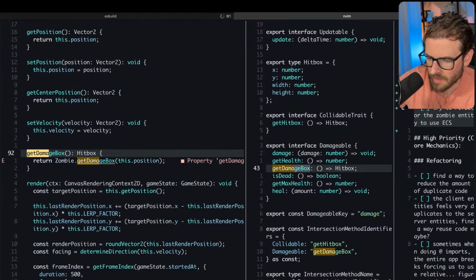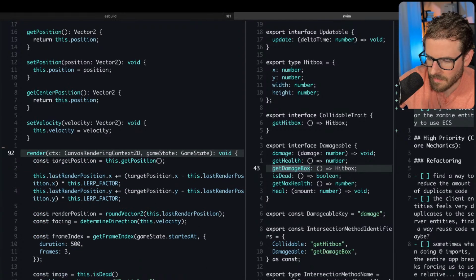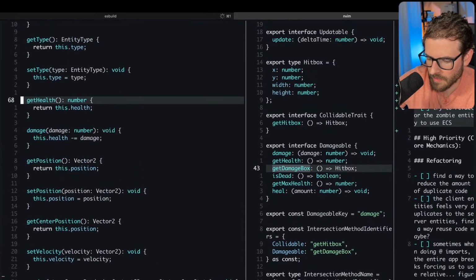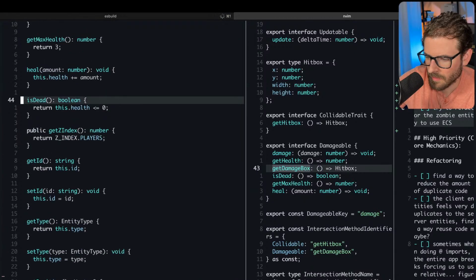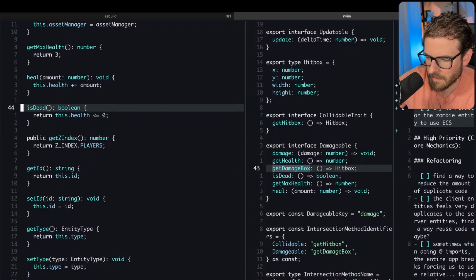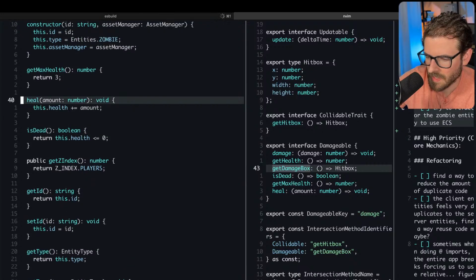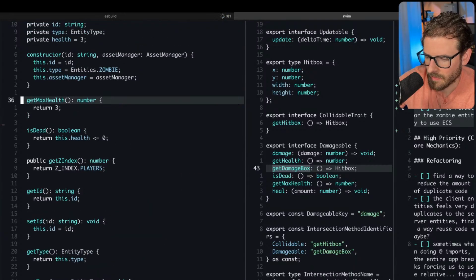Get damage box. Get health. Is dead. Heal. Definitely doesn't need a heal on it. Get max health. Is this used somewhere? Is dead.